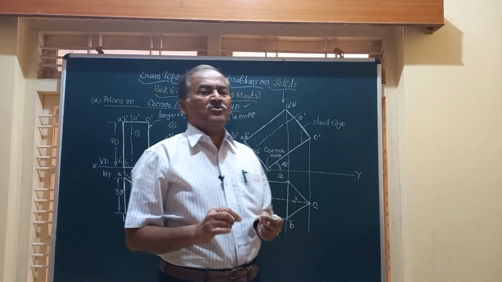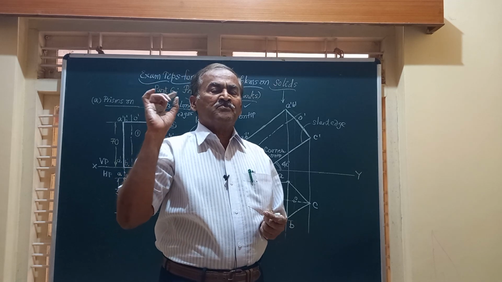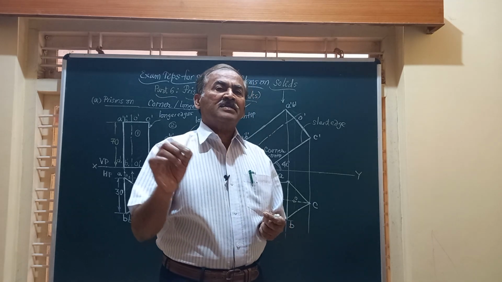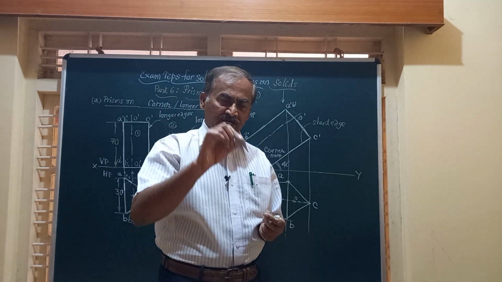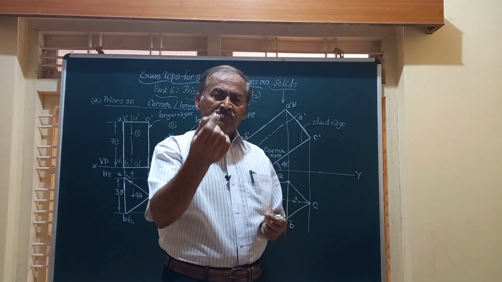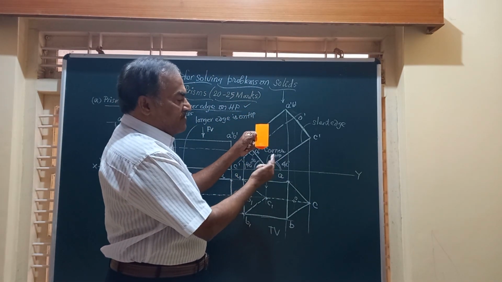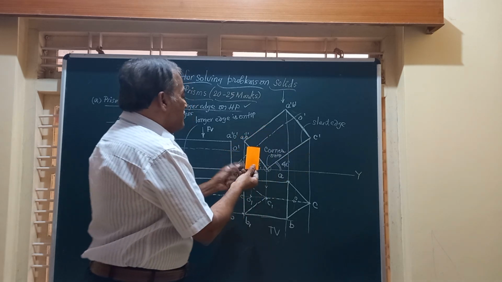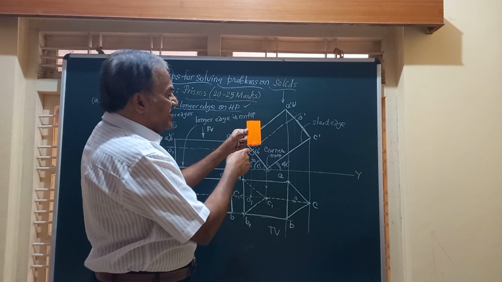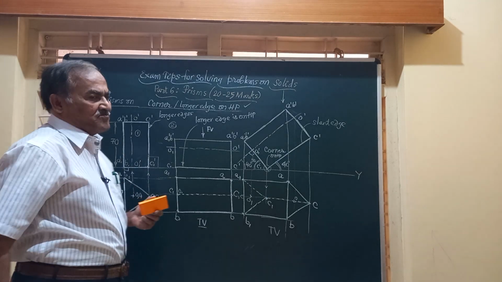So finally I can conclude, in all the problems on prisms and cubes, whenever it has to rest on a corner or on a slant edge on HP, corner on HP, friends, you have to place the object, the prism, on HP such that one of the corners of the bottom face is to your right side, and very obviously this rectangular surface or shorter edge is perpendicular to the vertical plane as shown. Friends,